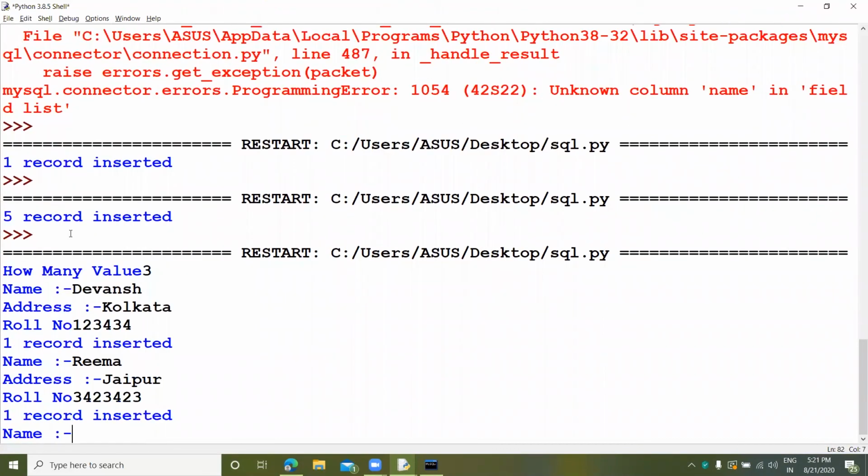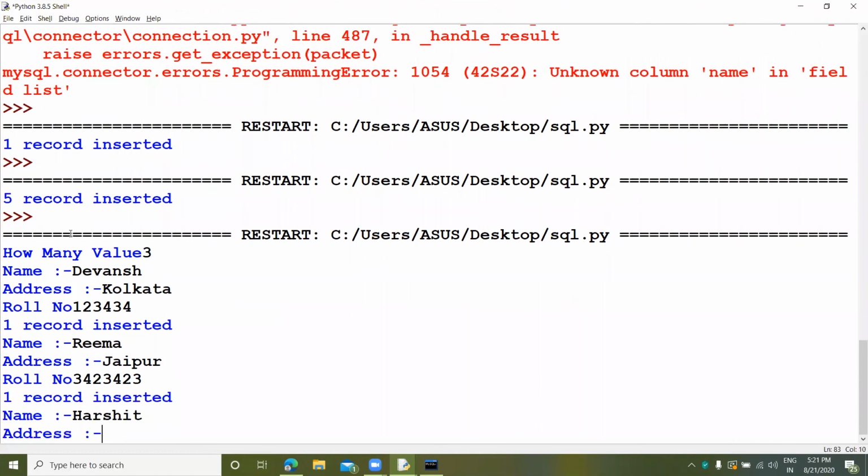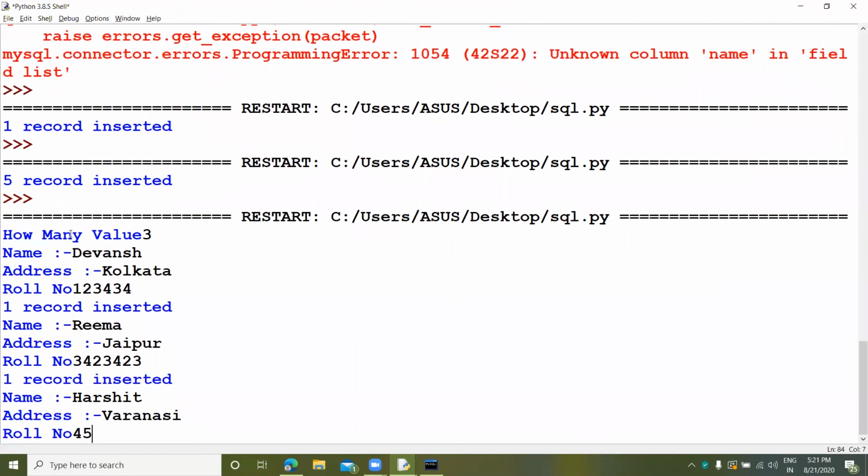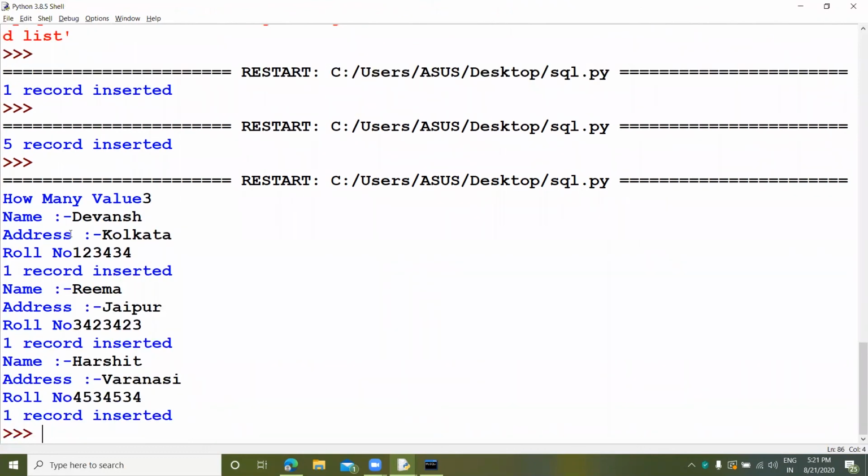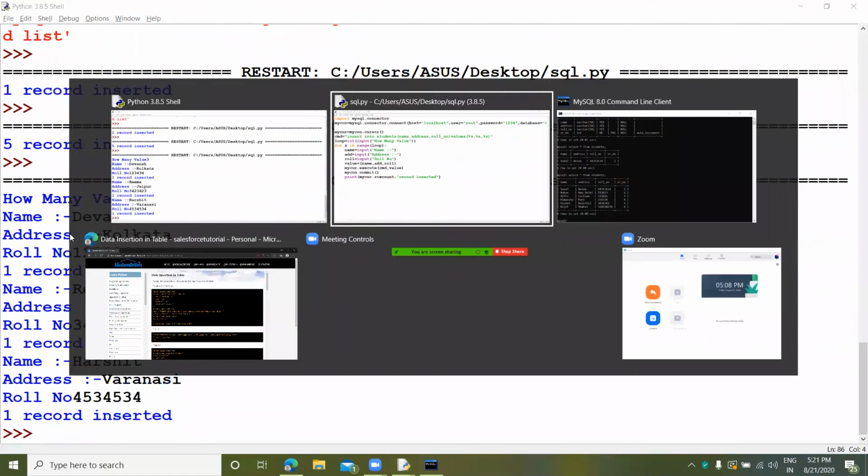Something is my roll number. Okay, one more is added. Now we will take another one, Harshit. Its address is Varanasi, and roll number is like that. So you can see the 3 values successfully added.